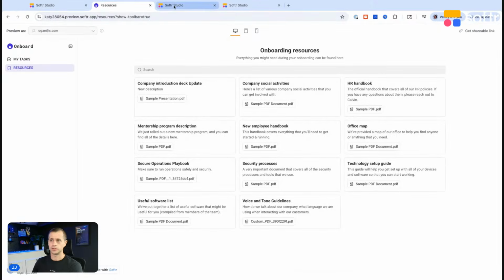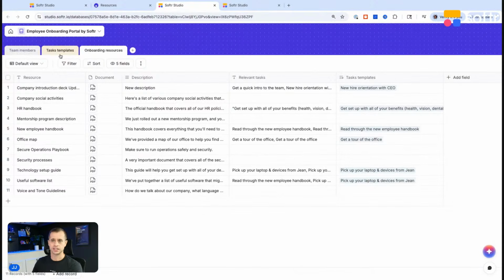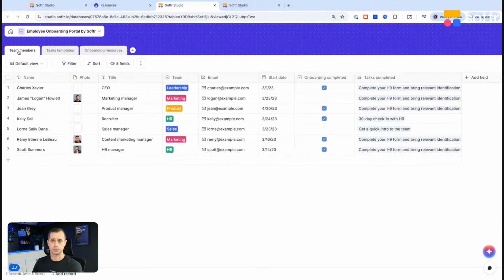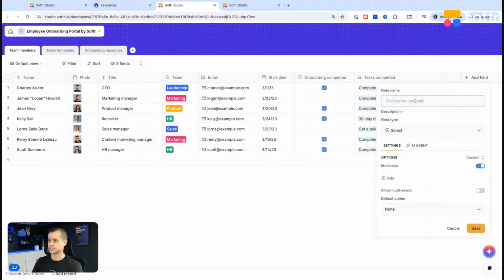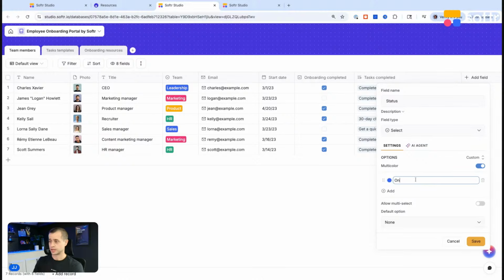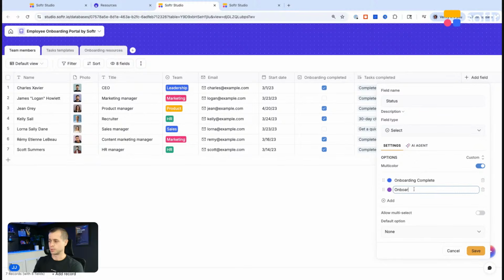Now what I want to do is I want to first look at my database. I can see that I have my different database tables here. My members, essentially these are all my team members, my employees. And we could add a field here of status, and we'll do that like a single select, and it's just status, and we could say onboarding complete. We could say onboarding, we could just say in progress. We could just say complete, and then we could say